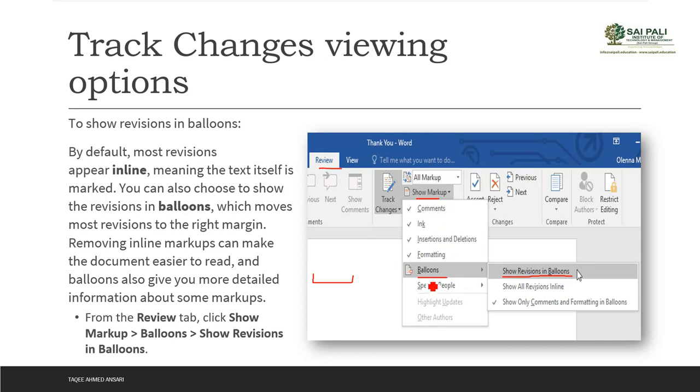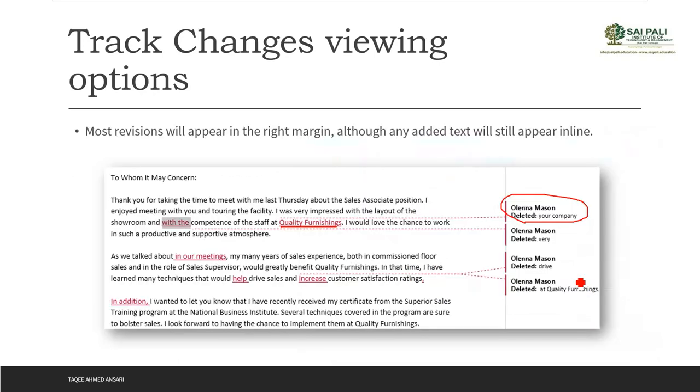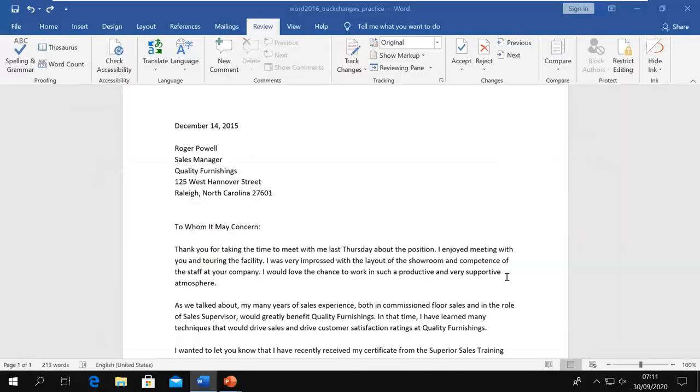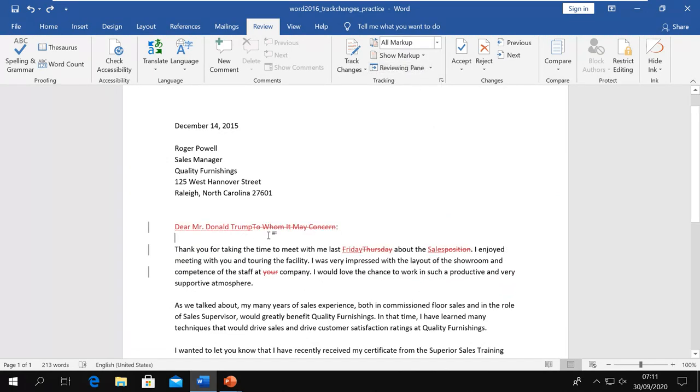Here in the balloon, you click on the balloon, it will show you this option, and by default it is selected to show only comments and formatting in balloons, so it is not showing the revisions. So you click here, show revisions in balloons, and then it will start showing the revisions on this side like this. So we have a revision there, and if I select all markup, then we can see the revision here